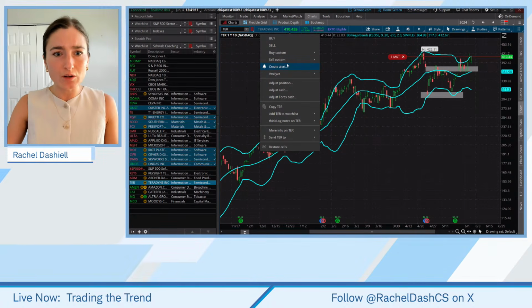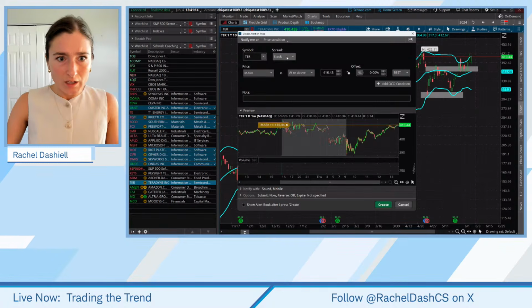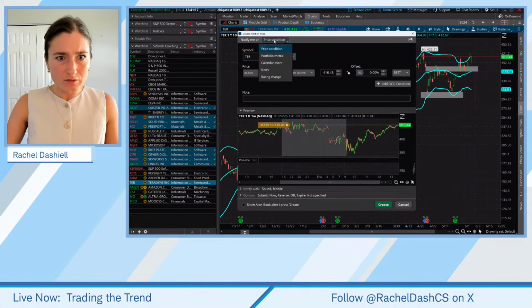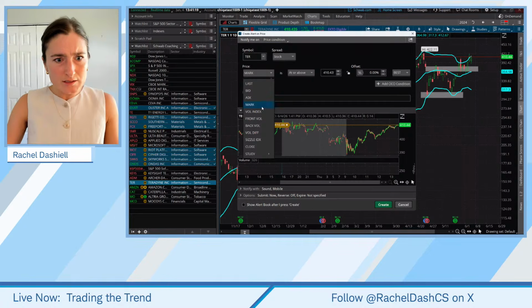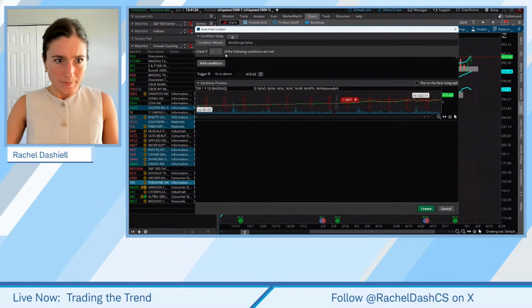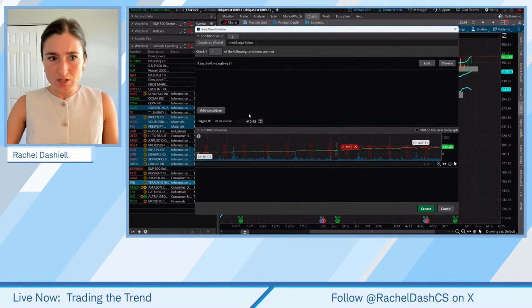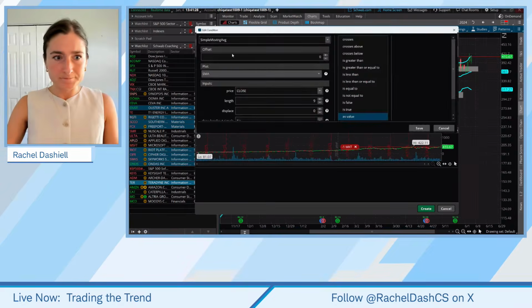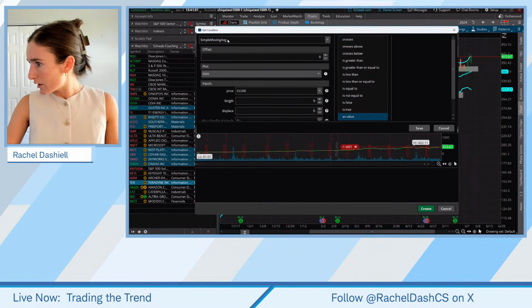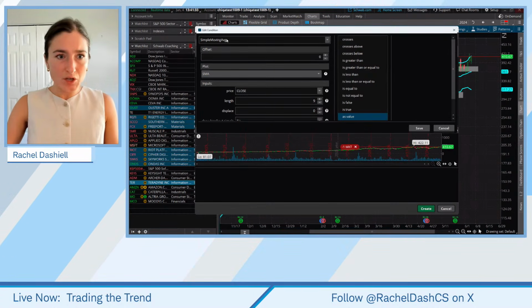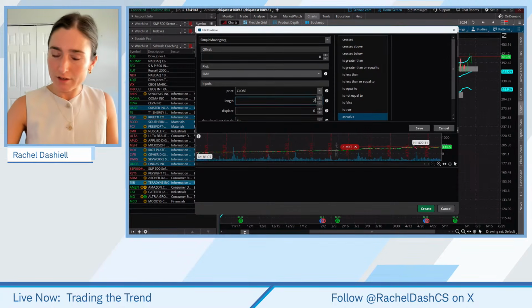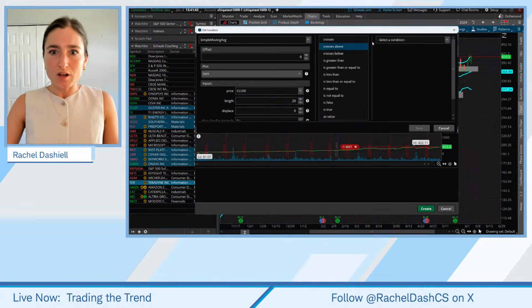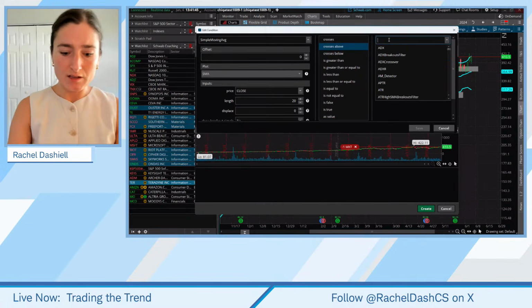So if we go to create alert, and we go based off of price and we use a study and we say edit. Okay. So we're going to use the same condition wizard and we're going to click edit again. And we're going to say, let's see, let's do the 20 period crossing above the 50 period, for example. So you're going to have your simple moving average on the left. You're going to change your length and you're going to say 20 and you're going to select crosses above. You're going to select study again, search for your simple.